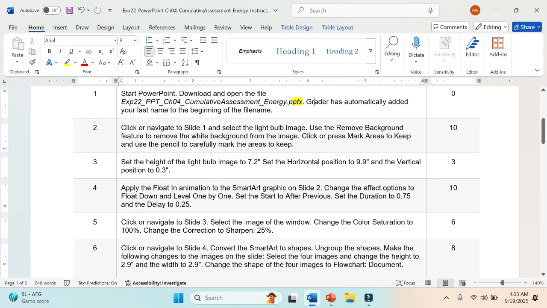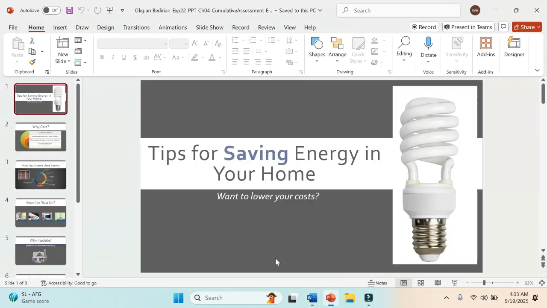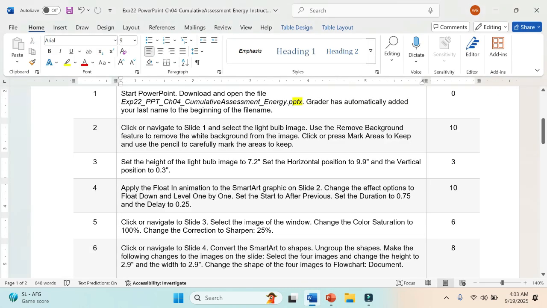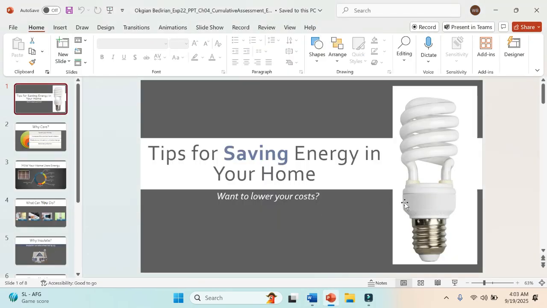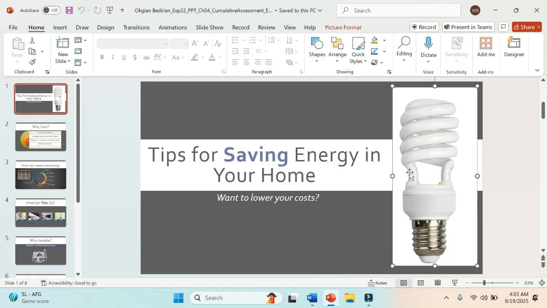So this is the second step. Click or navigate to slide 1. We are already on slide 1 of our assignment, and select the light bulb image. Where is the light bulb image? This is the light bulb image. We have to select that